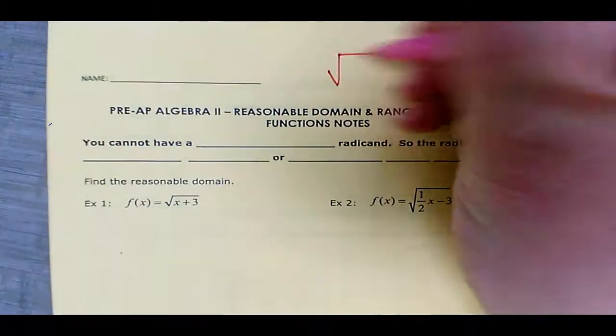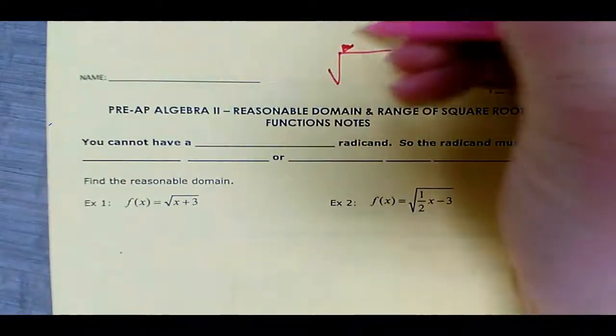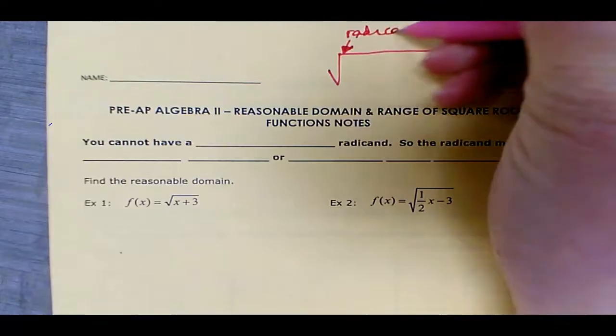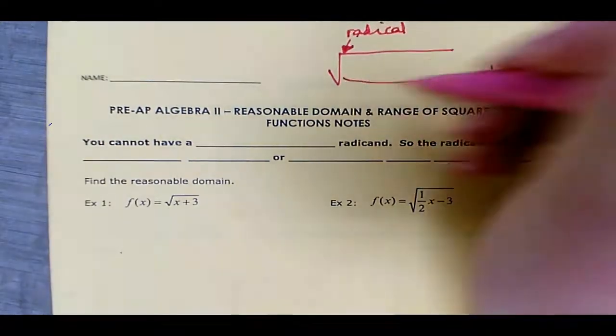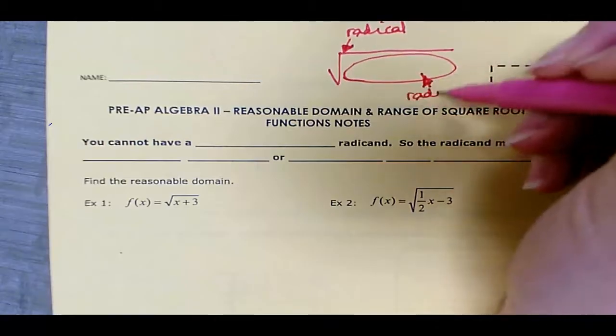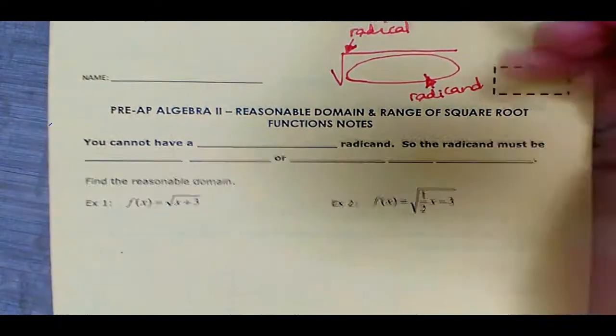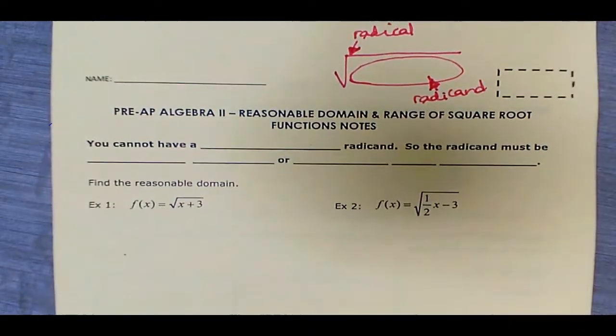So if I have up top a square root, this is my radical. And then anything inside this is called my radicand. Whenever we talk about the radical, that's the actual symbol itself, and the radicand is all of the stuff that is inside. Remember that you can't take the square root of a negative number. You end up with an imaginary or a complex number. So we need to remember that. You cannot have a negative